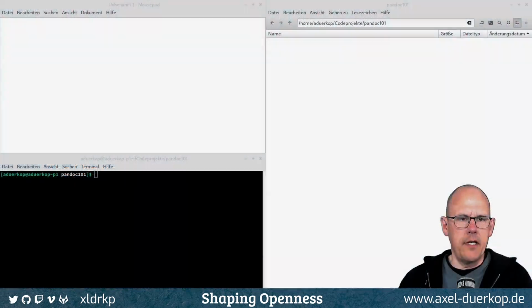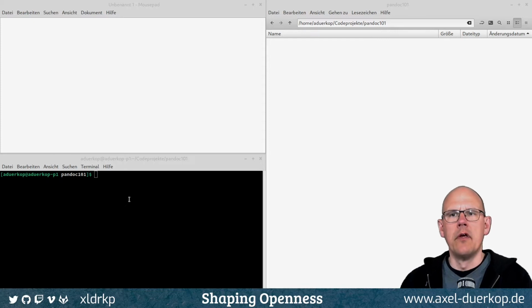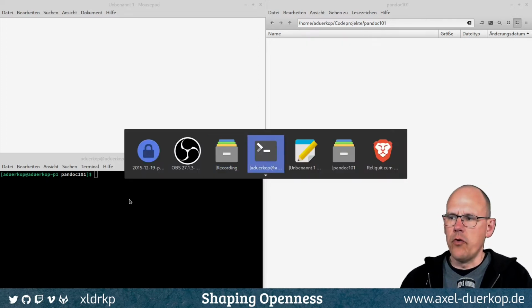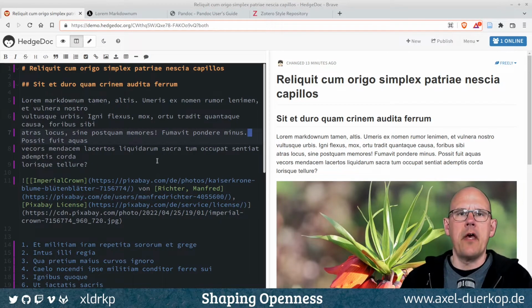As you can see here, I have prepared some environment in order to work here. My aim is to show you how to convert a markdown document to an HTML document. This is what we're going to do, and in order to do so, I have prepared a markdown document, as